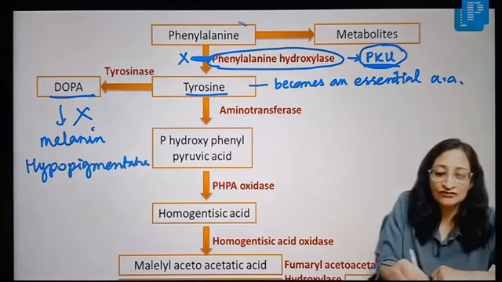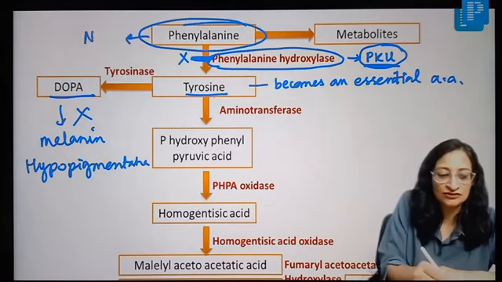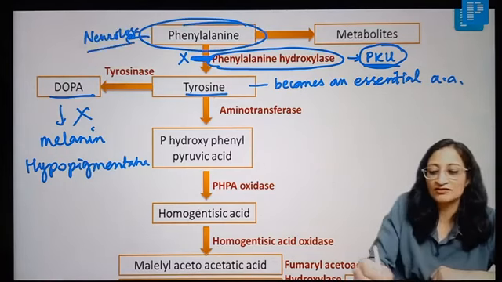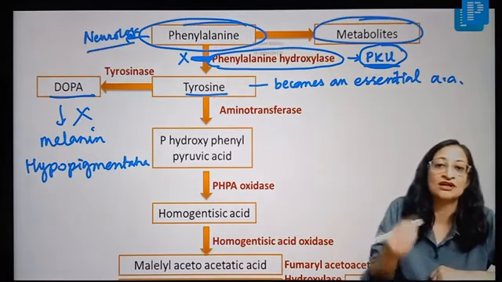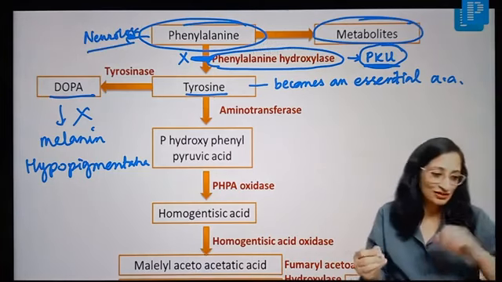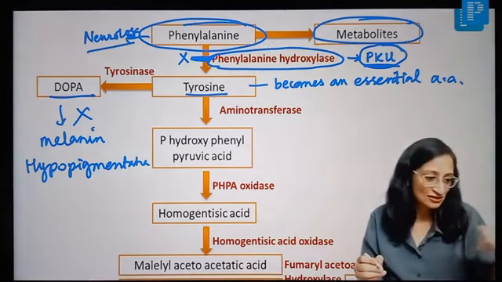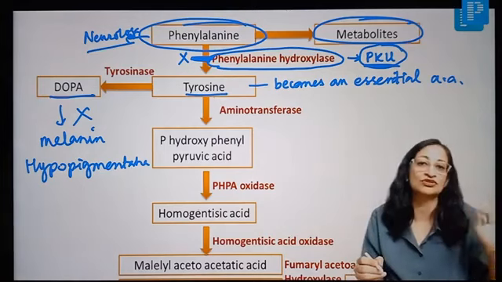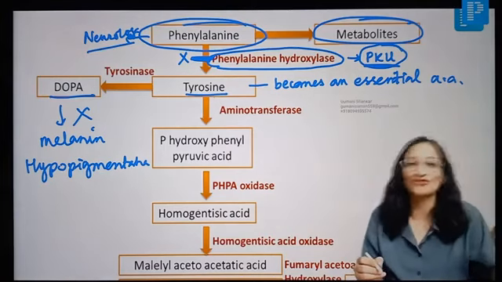And excess of phenylalanine will accumulate in the body, causing neurological features like seizures, hypertonia, and there will be accumulation of metabolites like phenylacetate, phenylpyruvate. They will give a mousy or musty odor to the urine. Very good, mousy odor. I can see Mohammad Ojas. Okay, kinky hair, Mohammad Hashim. It is not a feature of phenylketonuria. It is a feature of Menkes disease, which is a defect of copper metabolism.